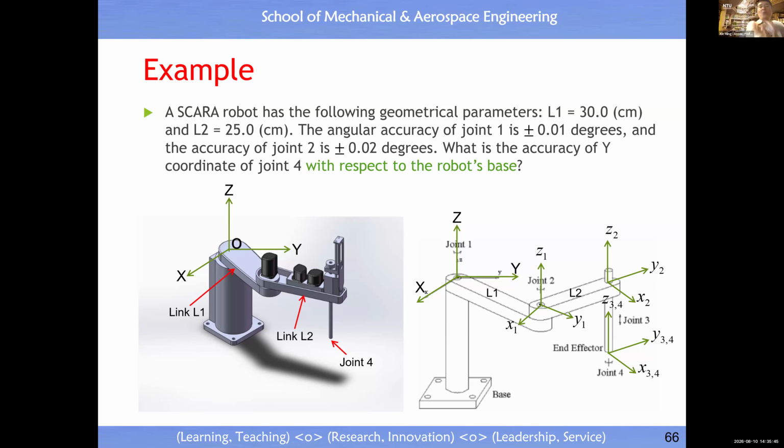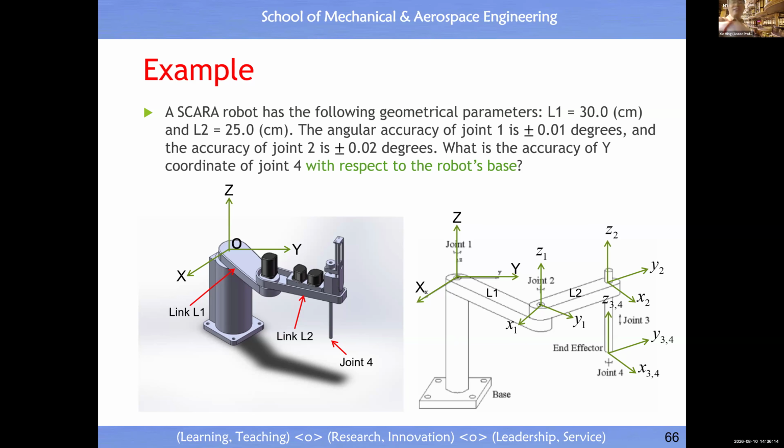So this example is for you to notice: at the joint we have an error. This error may be the error of a sensor. It helps you know the error of the sensor will contribute to the error at the tooltip. That's it. This is a very, very simple example, but the truth behind it is for you to know the relationship between the error at the joint and the error at the tooltip. So for this purpose,